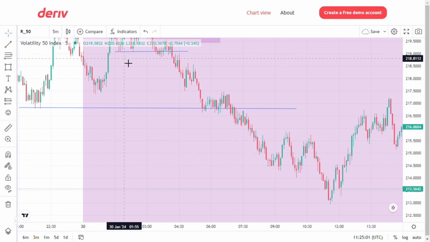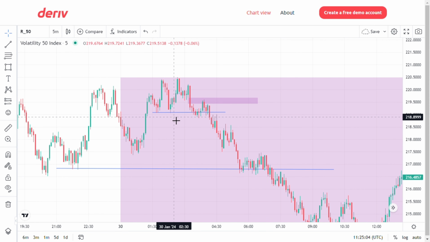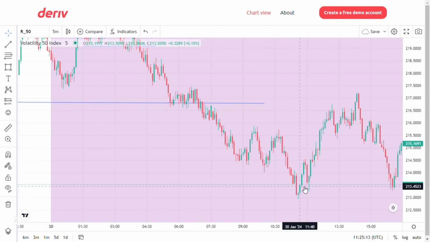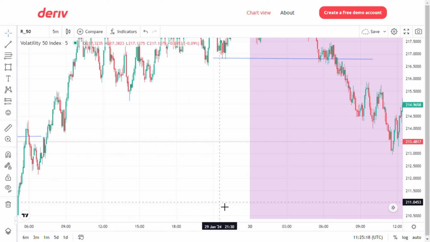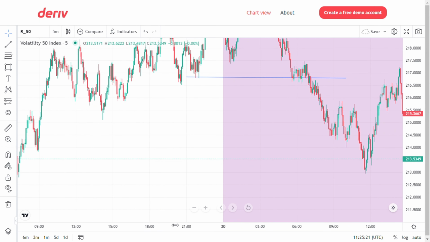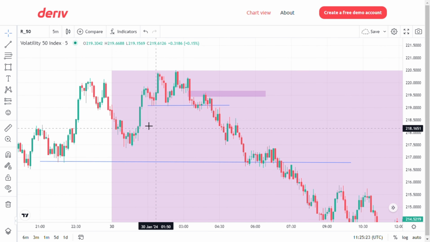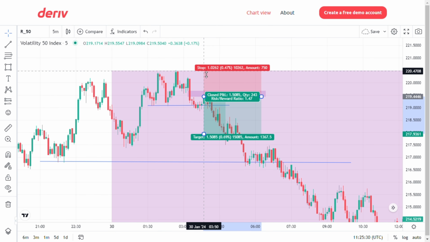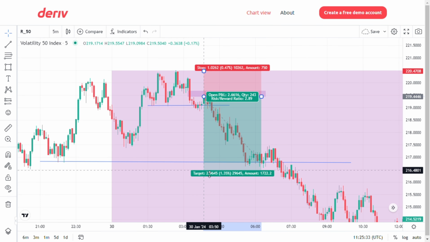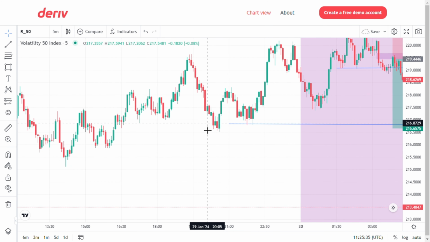So on the 5-minute candle, the market took out the low here, retraced to this fair value gap, failed to take out this high, and continued lower and lower for the day, taking out the low that was formed here. And you will notice when you take a nice sell position here, a nice short position, you will put your stop loss here. Your first take profit will be here on this low that was formed here,